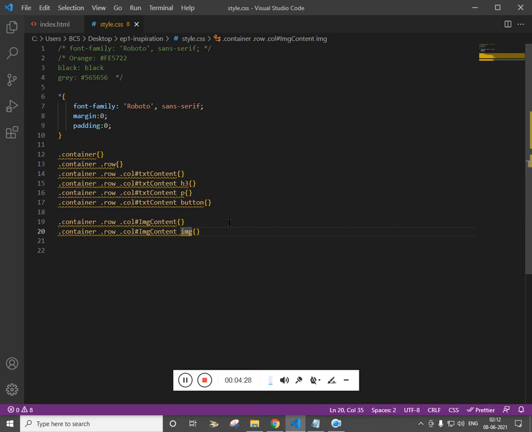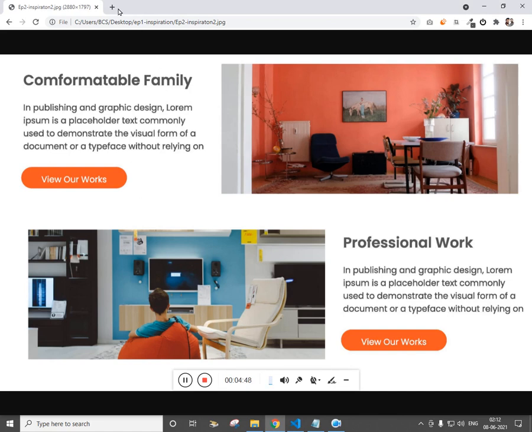At present we just have one section, but for a complete page there will be more than 6 to 7 sections, so there would be a chance of having multiple class names. Following this kind of hierarchy will avoid the CSS override issue. Fine. Now let me see how our HTML looks.